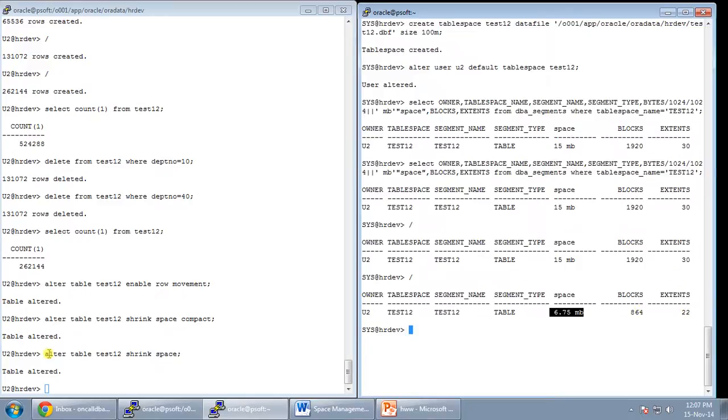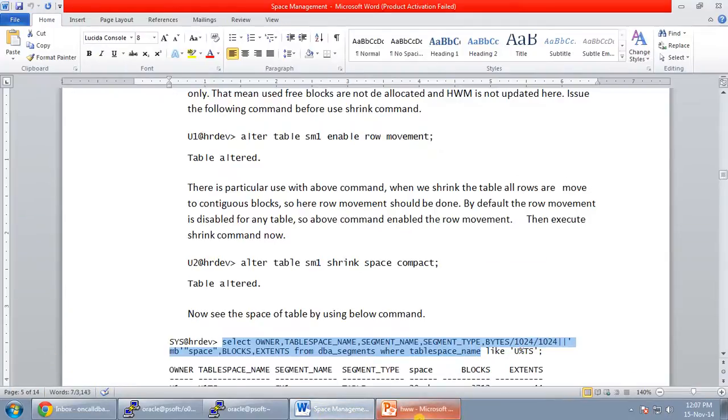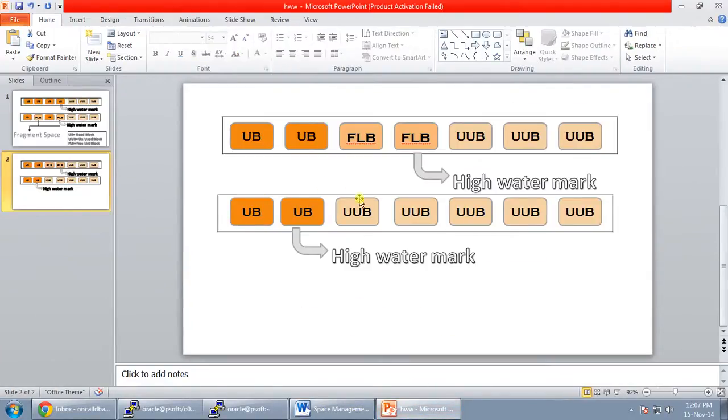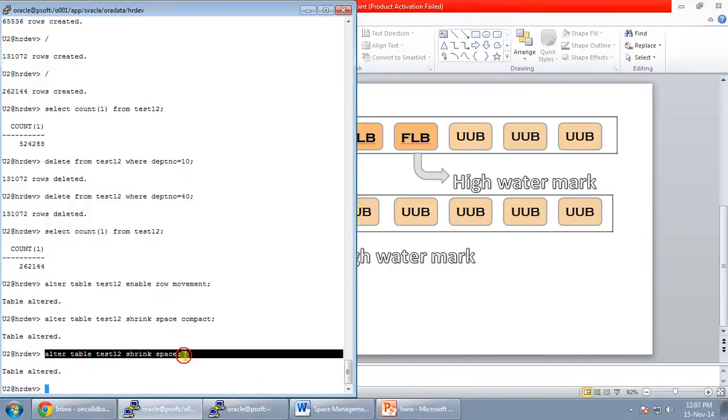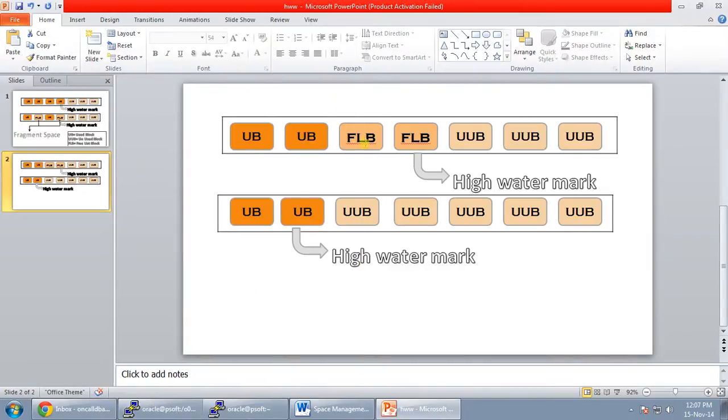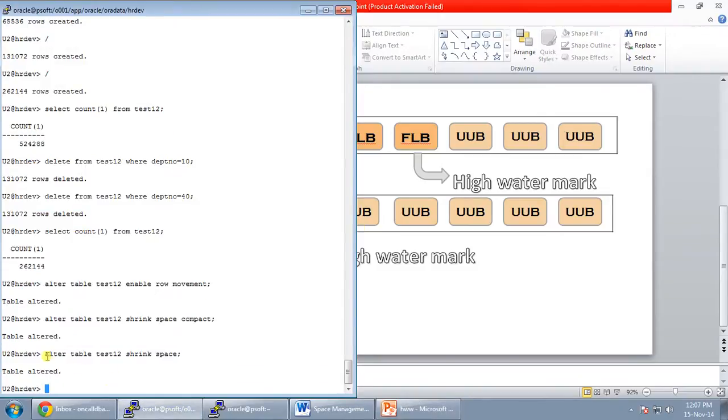So what happened here with this command is, this command releases the free list blocks to unused blocks. That means this command converts the free list blocks to unused blocks. We can directly use this command without using the other one. But here one small issue is there. The difference between this command and the other command is,